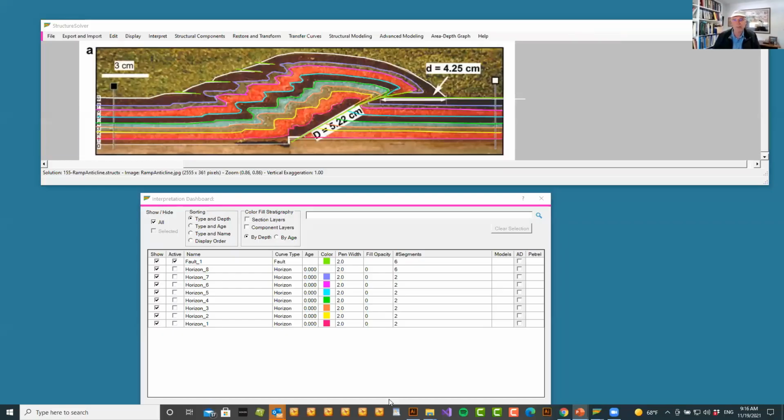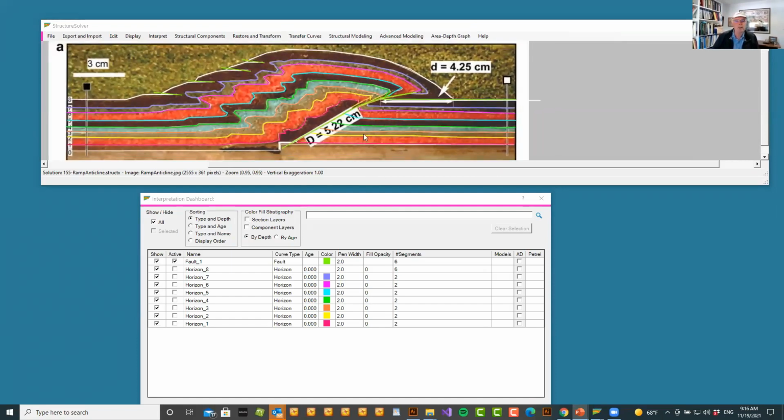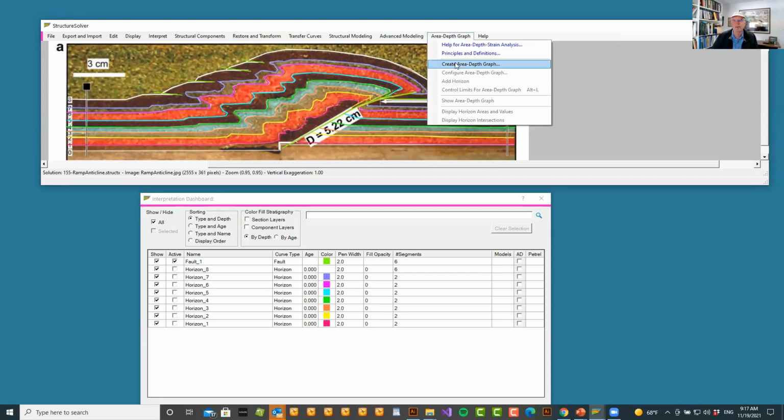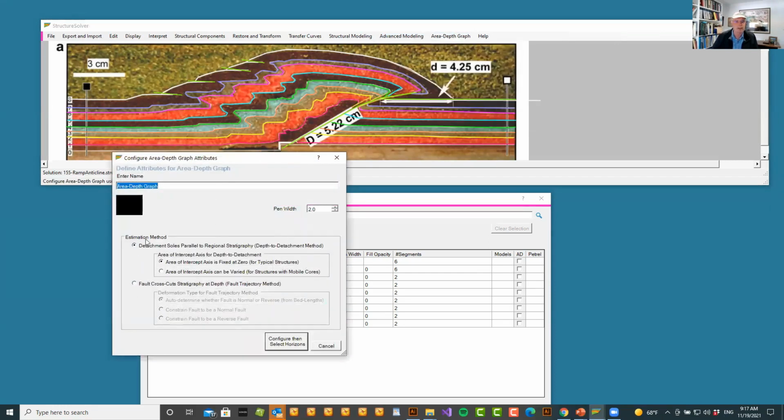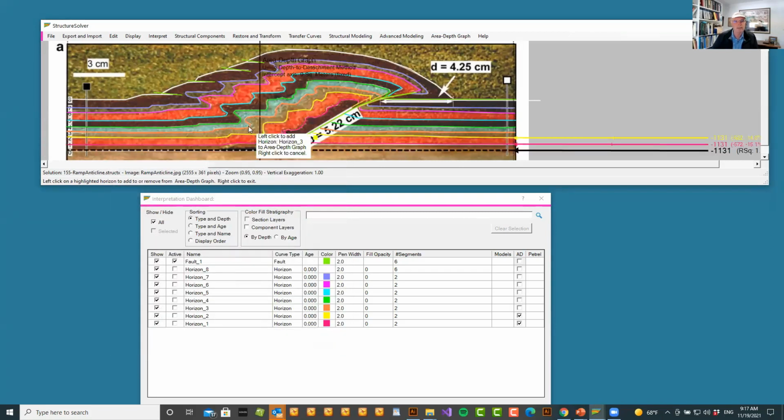So just to show you this example here, what we were showing here was a sandbox model of a contractional structure where there was an imposed ramp here, and the hanging wall was moved up over the ramp by contraction from the left-hand side. So we actually know the true contraction, and all of the beds experience the same contraction. If we create an area depth curve for this one, we can easily do that just by going through this little dialogue. We're going to select these beds one at a time,